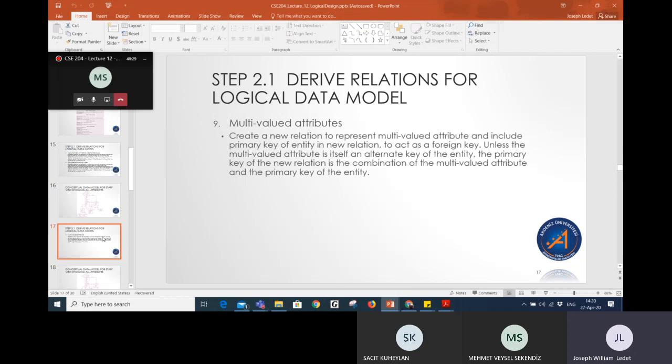Okay, so what we're going to do instead is create a new relation to represent that attribute, and we're going to include the primary key of the old entity in the new relation as a foreign key. Okay, so it basically acts as a one-to-many relationship. So what that would mean is you would end up in a situation where one entity in our ER diagram with a multi-valued attribute would actually be represented in our logical model as